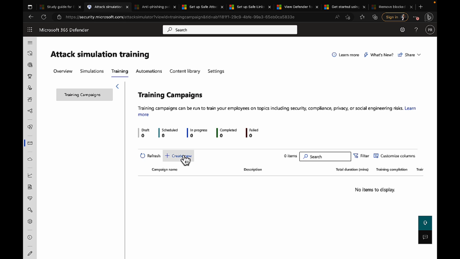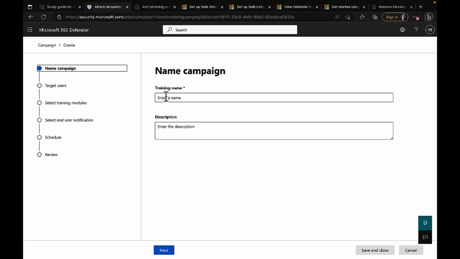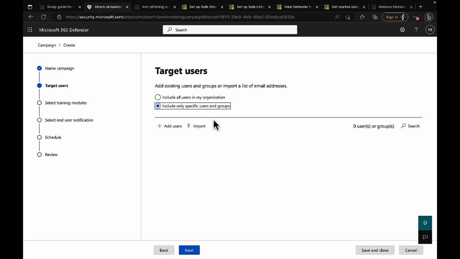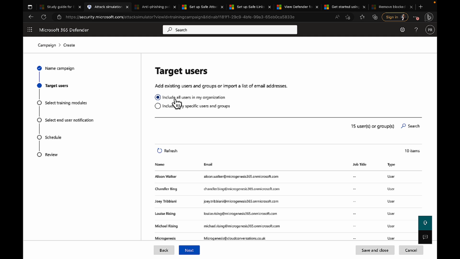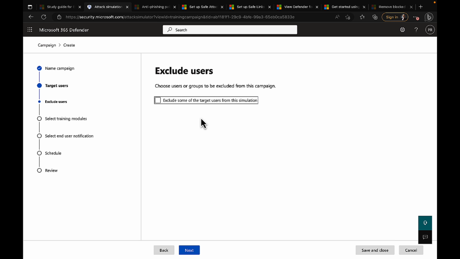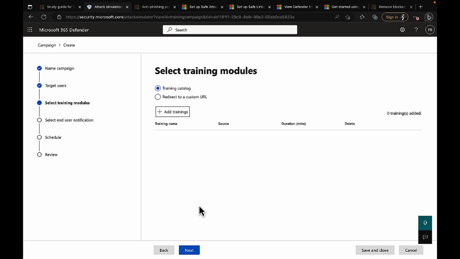So we can go and create a new campaign here, and we can call this a phishing simulation or a social engineering or whatever campaign it's going to be, but just for demo purposes, I'll call it inventively test. We can include only specific users and groups, so you can do it by groups and users in your organization. You can include all users. Click on next. You can exclude some target users from the simulation if you are doing all users in the